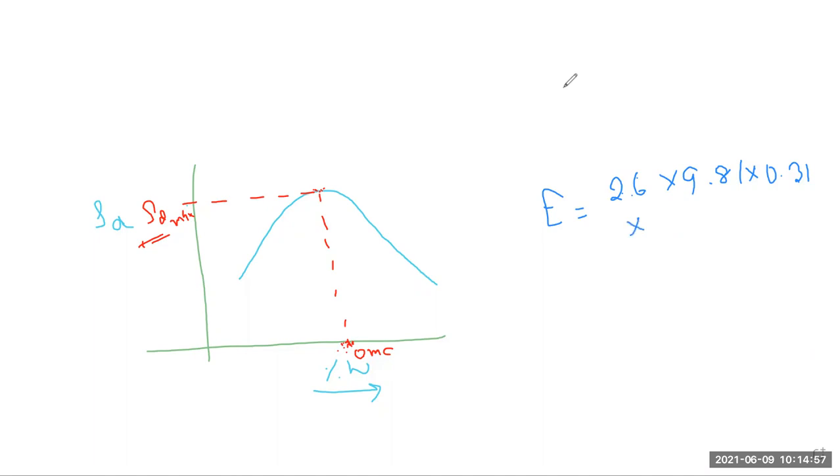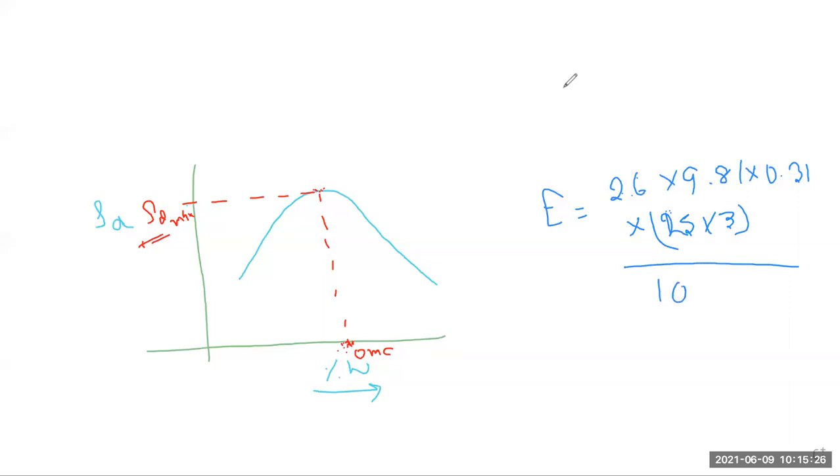And the number of blows is 25, into 3 layers. So calculate this value: 2.6 into 9.81 into 0.31 into 25 into 3 layers, divided by